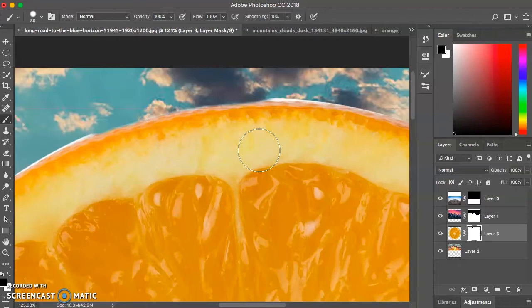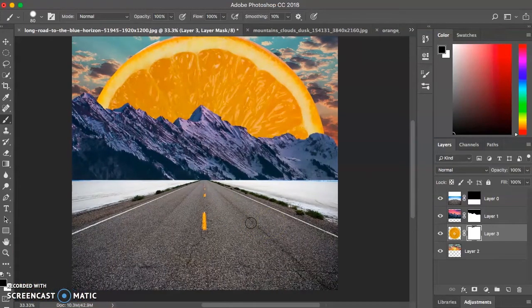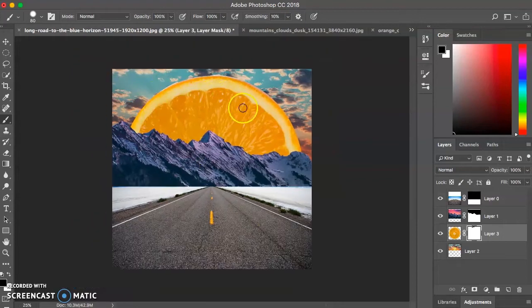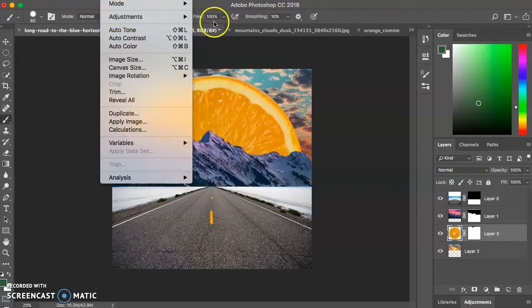So I'm going to hit Command, minus, minus, minus, minus. I'm going to scroll up a little, Command minus. And I'm going to say that orange is good, but the orange needs to change in 2 ways. 1, it's a little too big for me. And 2, it's orange, but it's not super orange. So I'm going to make sure that I click on the image so I know I'm talking to just the orange. I'm going to go under Image, and I'm going to go under Adjustments, and I'm going to go under